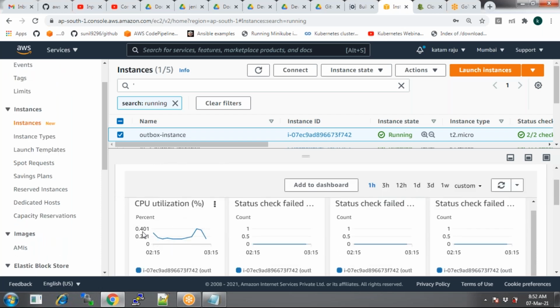Something like 0.401. There might be some chances that the CPU utilization of the instance goes beyond 75%, 80%, when you have huge traffic or the instance is performing a number of operations.